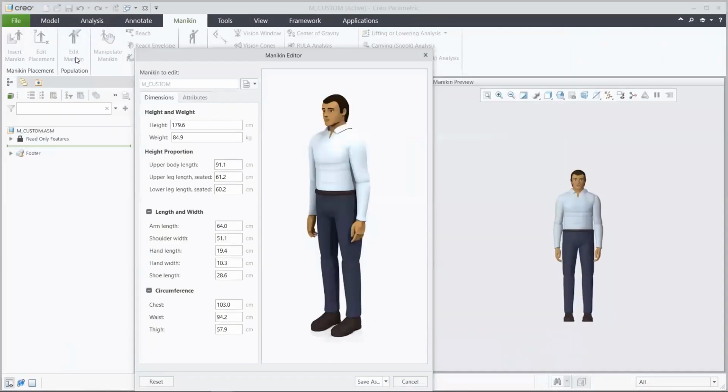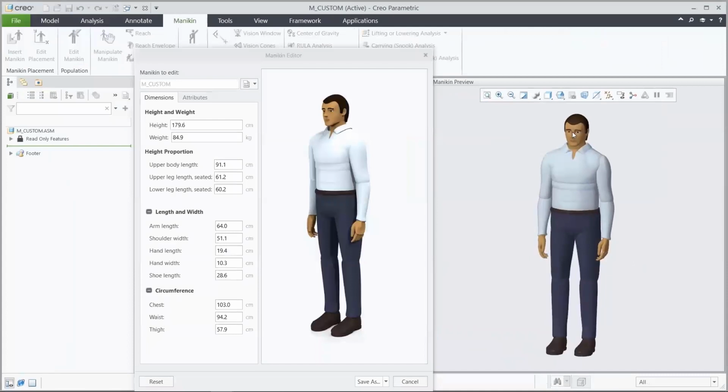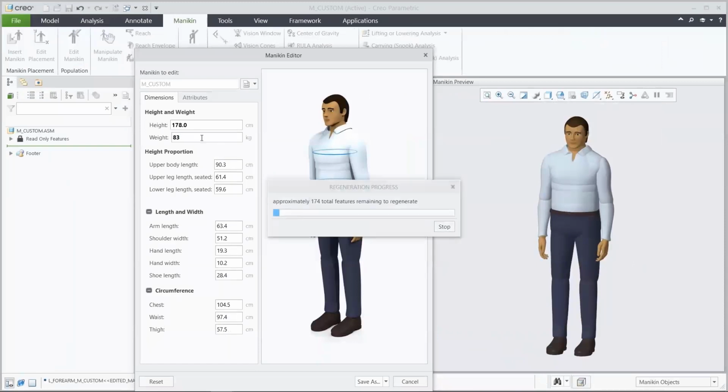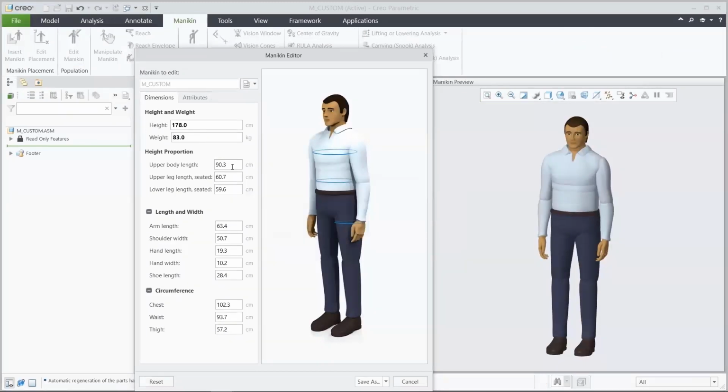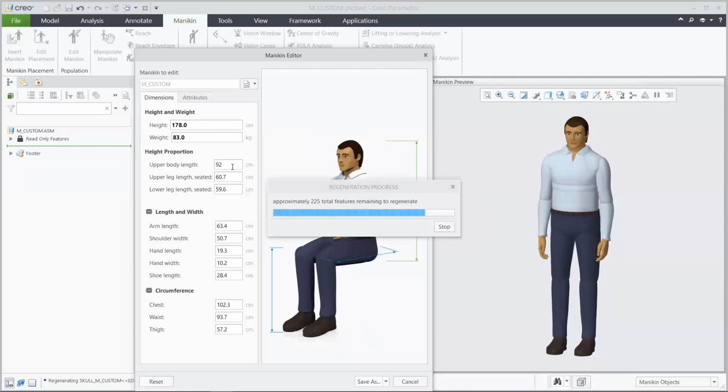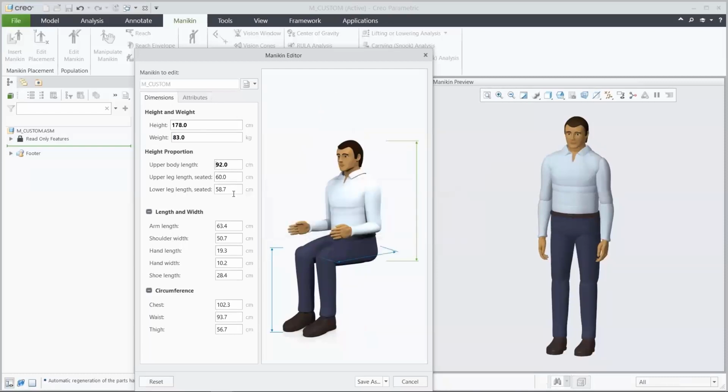Biggest one probably is the ability to do custom mannequins. You normally have a huge library of standard size people: tall, short, different ethnic backgrounds. But now you can take all these and customize them. So make them however you want: taller, shorter, heavier, longer, shorter arms, whatever best fits the demographic that you're designing around. Maybe if you're building out for a specific market or you have certain limitations,